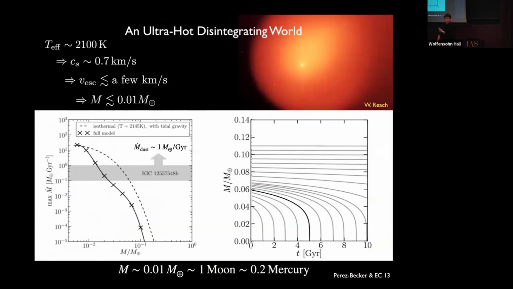So this is what would happen if you took the moon and put it in a 16-hour orbit around a sun-like star. We think it's sort of close to that, actually, because there's just so much dust coming out of this thing. You measure from the transit depth about an Earth mass per gigayear coming out, which constrains it to be close to this upper limit. So we think there's this sort of moon-sized object, maybe a few times that, maybe approaching Mercury in size, just sitting there for 10 billion years and sort of bubbling away.